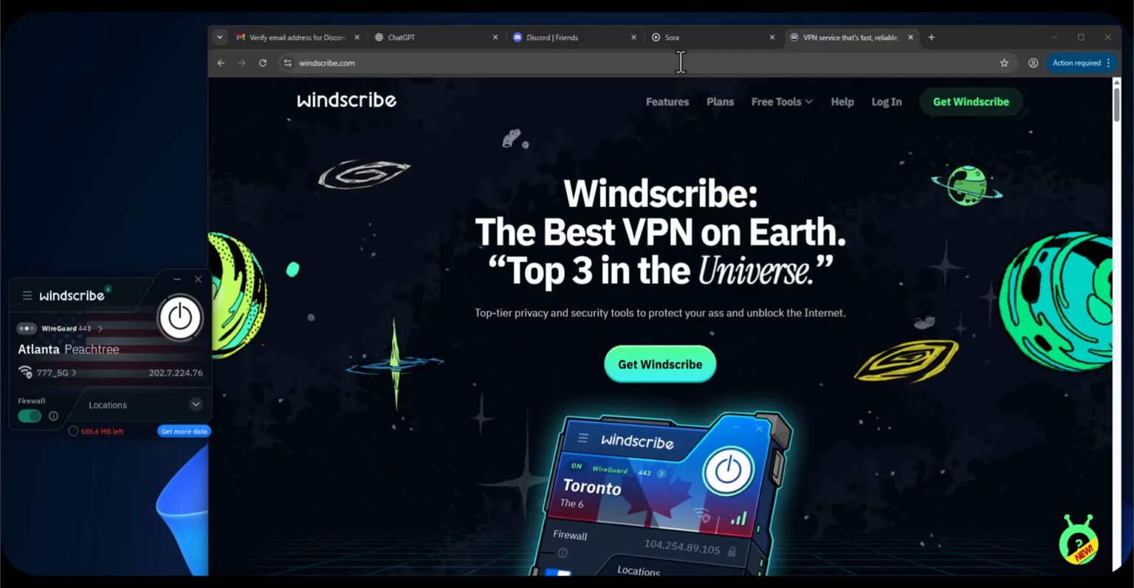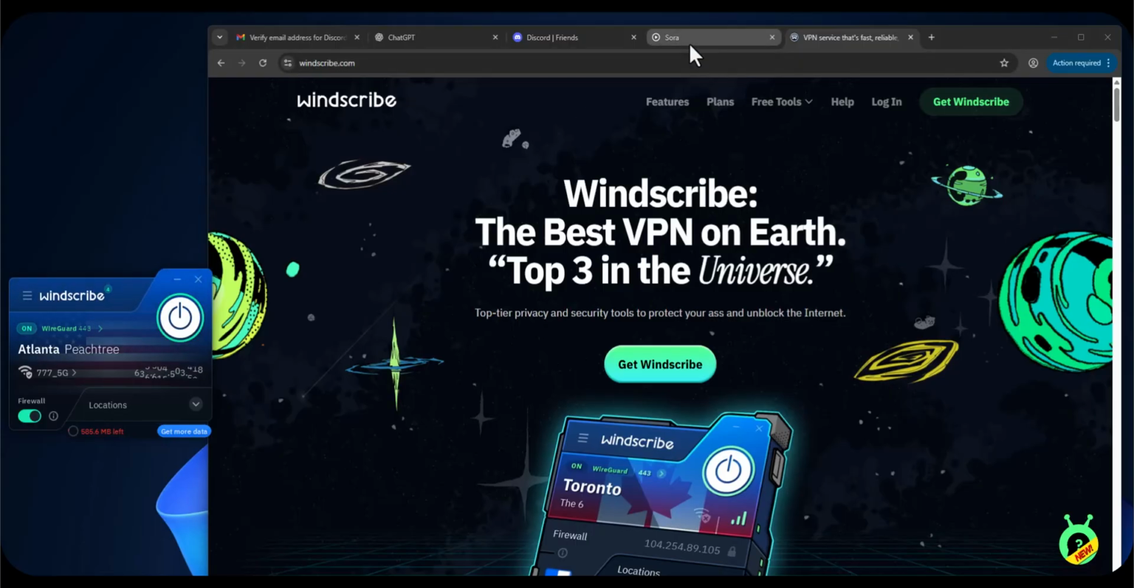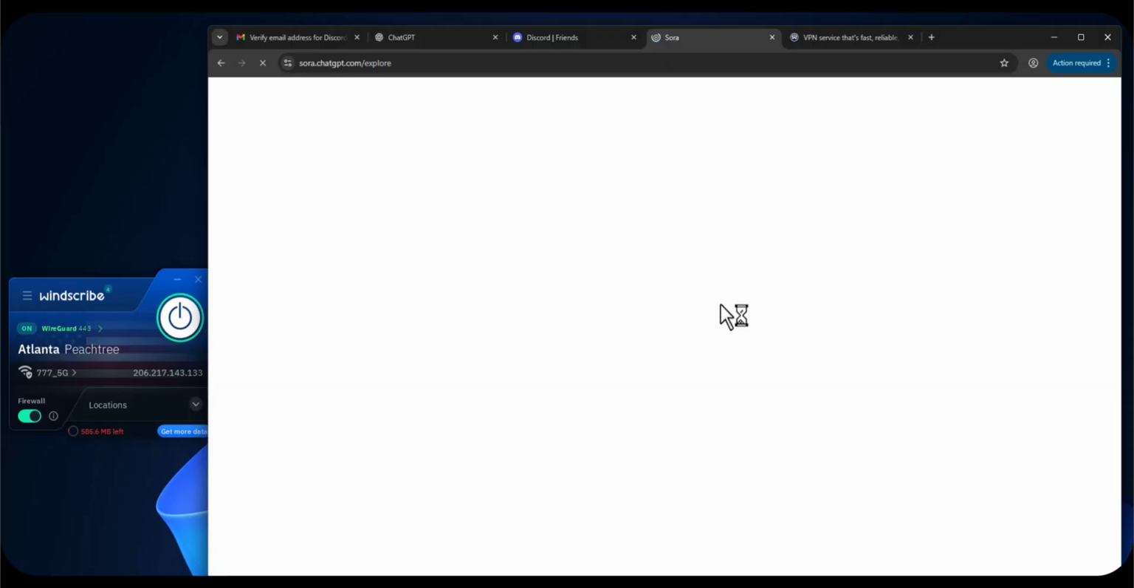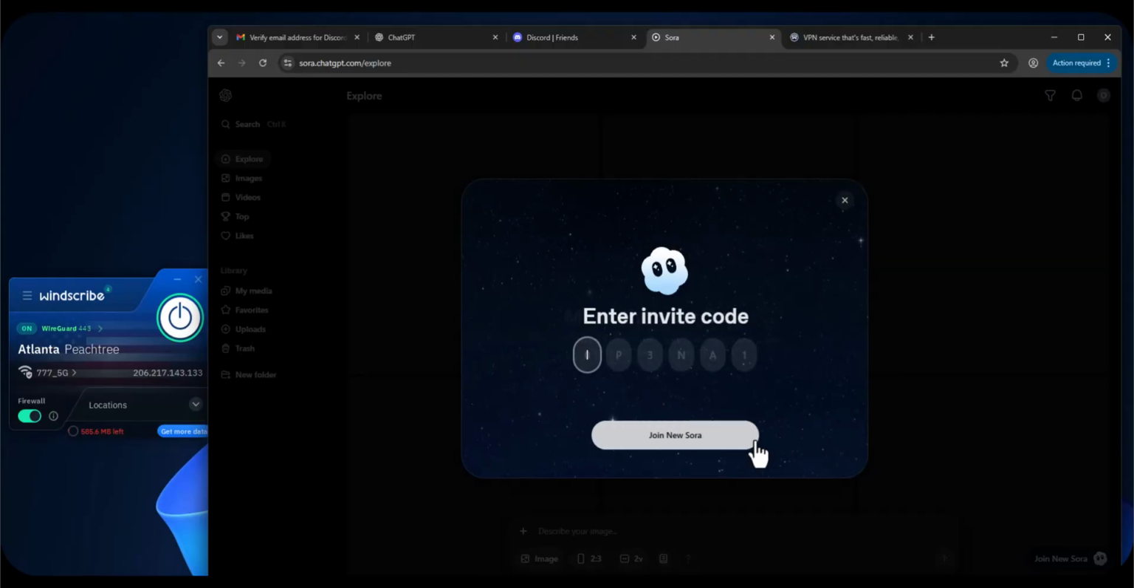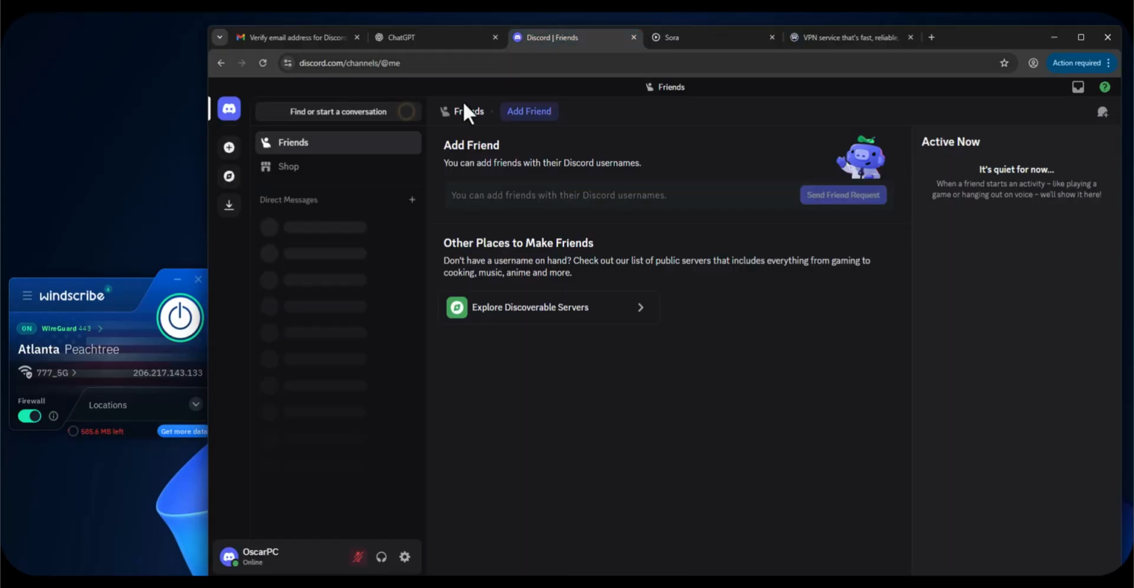I'll turn on the VPN right now and then go to the store page, refresh the page, and here we go. Since this page requires an invitation code and I don't have one,